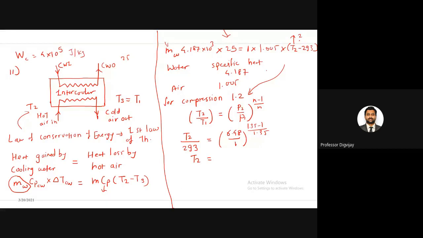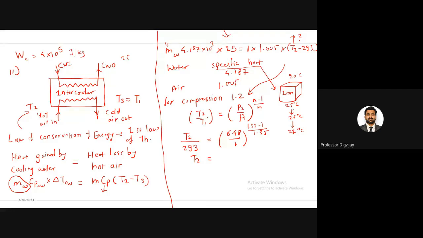So for those who don't know the concept of specific heat, I will explain. Suppose you have this one box, this cube of iron. Its temperature, let us say, is initially 25 degrees Celsius, and I have to increase that temperature to 50 degrees Celsius. To increase this temperature, first I have to go from 25 to 26 degrees Celsius, then 27 degrees Celsius, then gradually to 50 degrees Celsius. Then to increase the temperature, I will need heat.